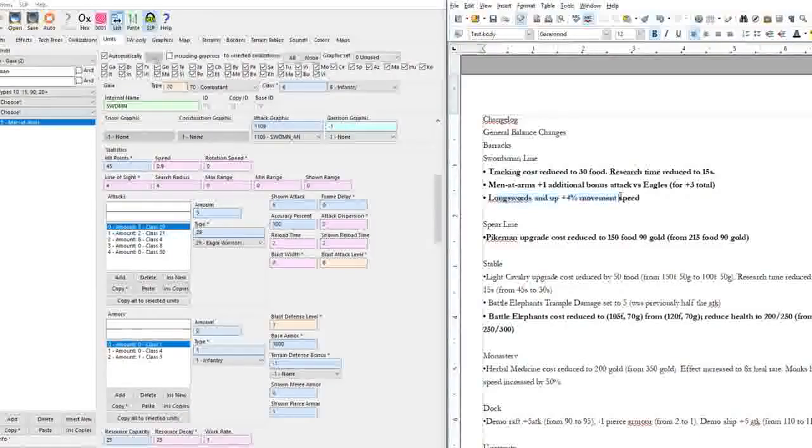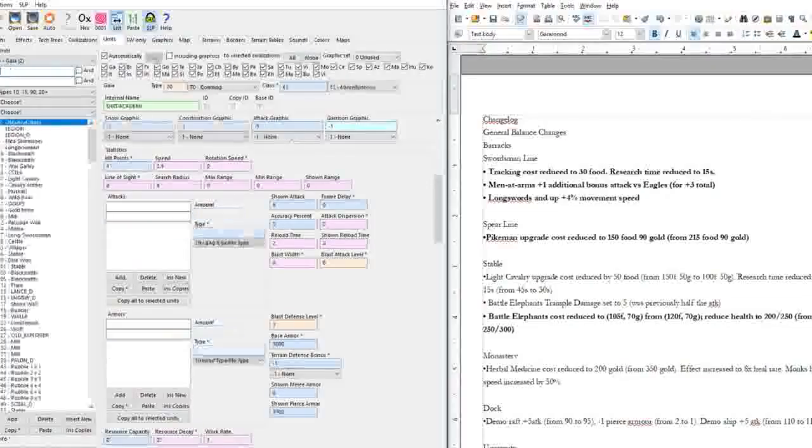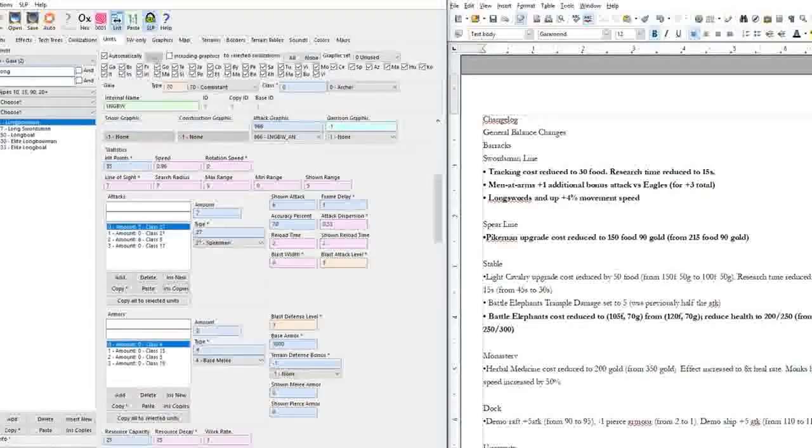Next one, long swordsman and up, 4% movement speed. So we're going to go to long swordsman up. Oh, look, it's not coming up. I misspelled it once again. I have to spell it exactly as it is. This is pretty easy finding this unit. Speed